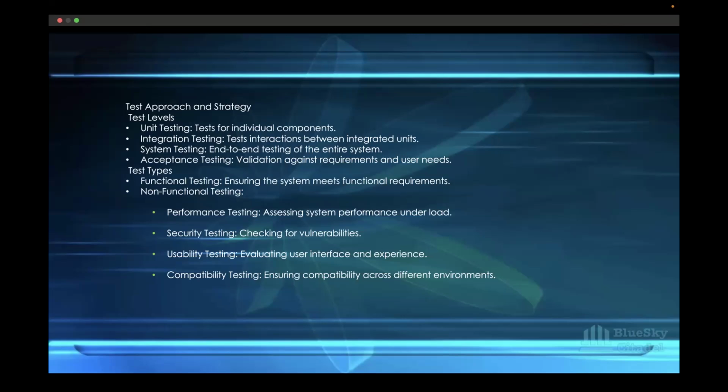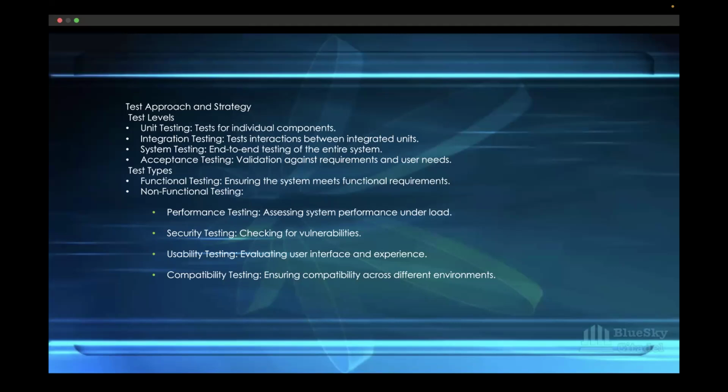You are testing just that component of it, to ensure that this feature is working as expected. That is unit testing. But most of the time, unit testing is done by developers. Even with that, it is a test level, so you have to specify it in your test plan.